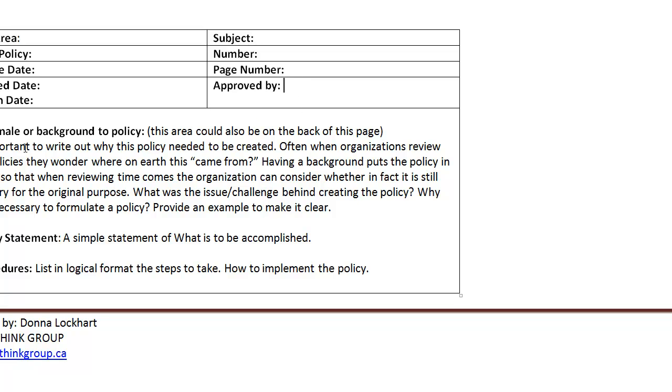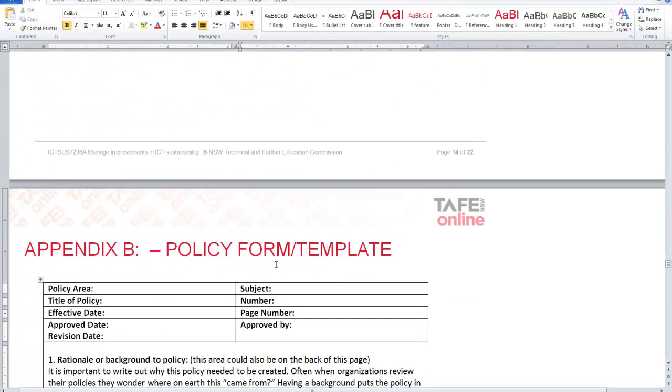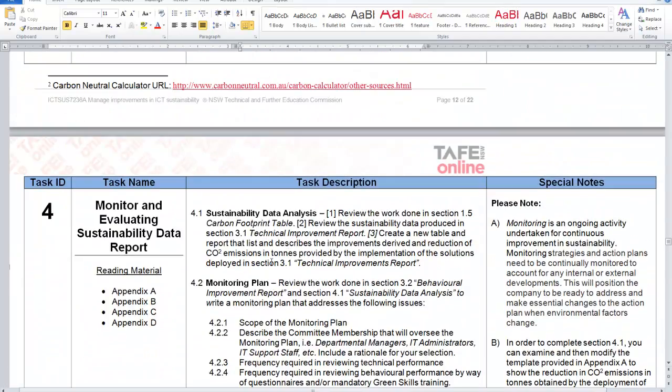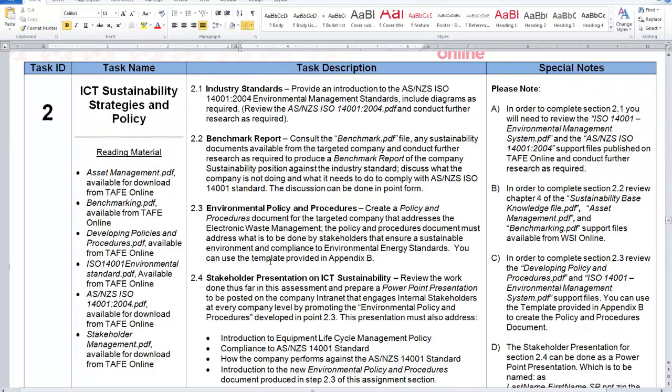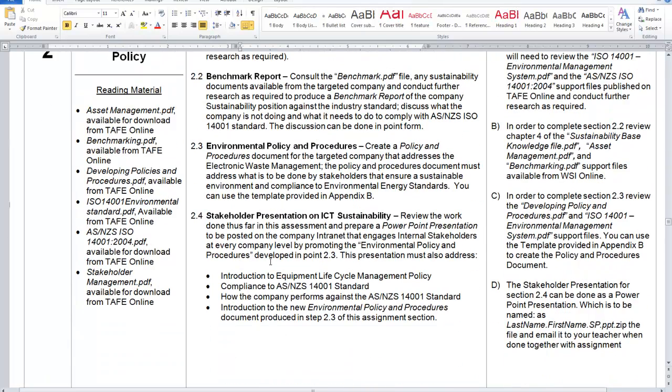Now this template was created by the Rethink group. You can visit the website and see other templates and other explanations that they may have. So by using the template and by putting together all the information that you have created,